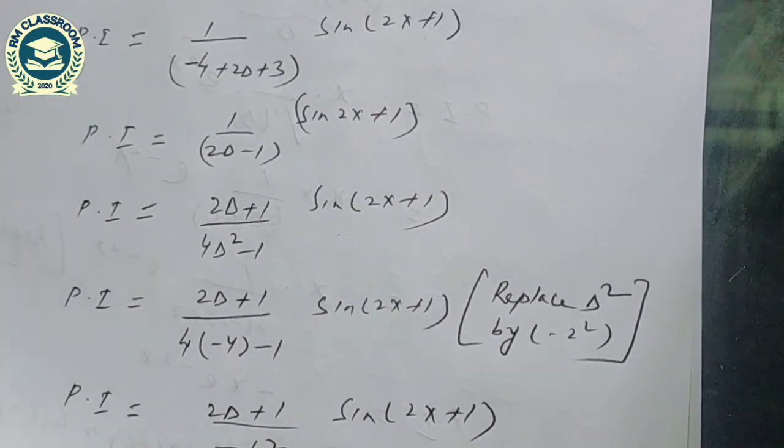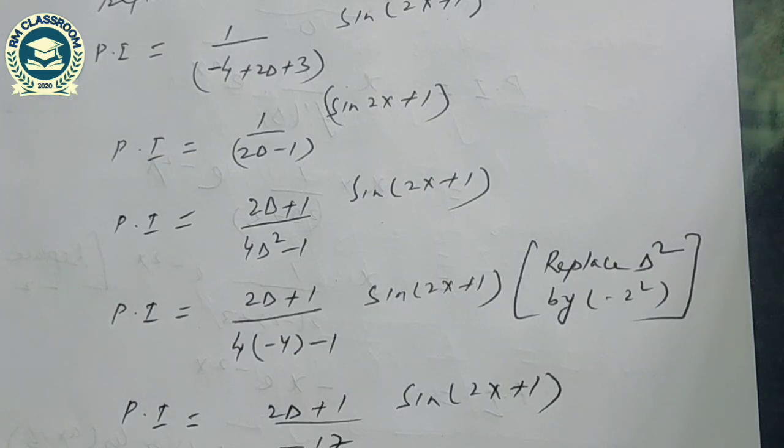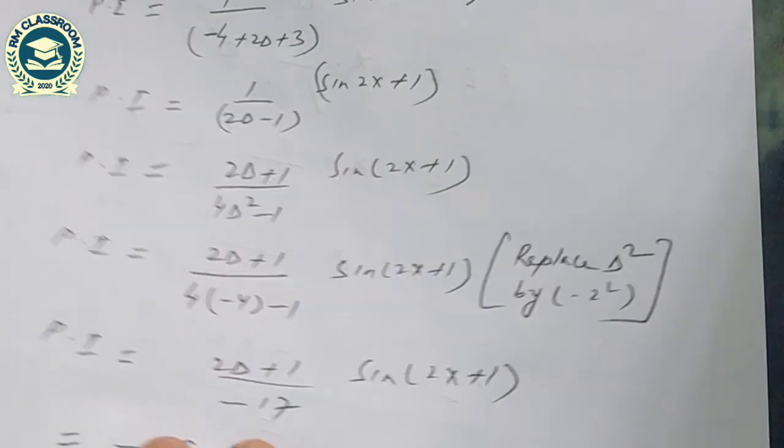So nothing you have to do, just replace D² by -a². If there is any possibility to make more D², you have to make the D² either by rationalizing or whatever, replace D² by -a², and after that just make it like that. So the D is coming on the top, in the numerator. With the help of that D, we can easily differentiate the sine function or cos function and compute the particular integral.